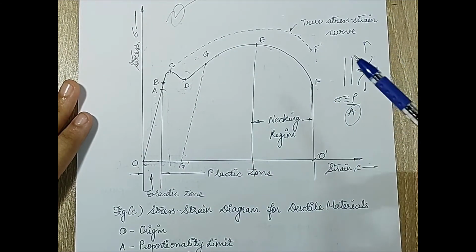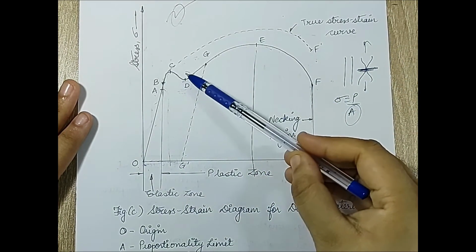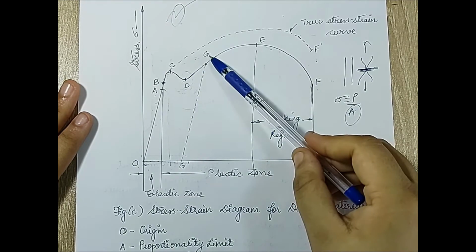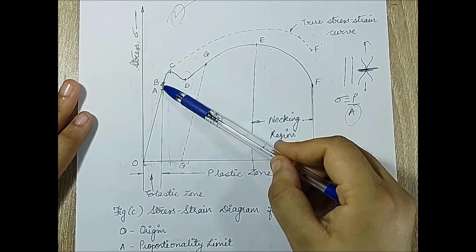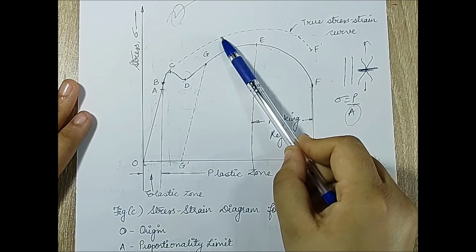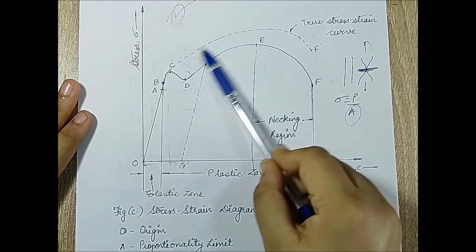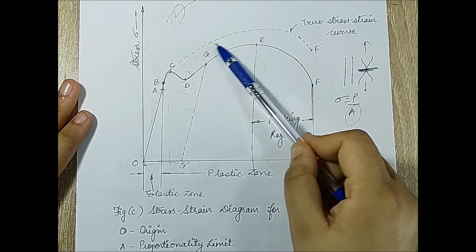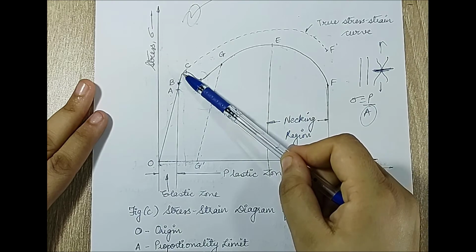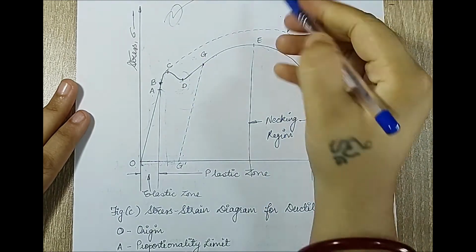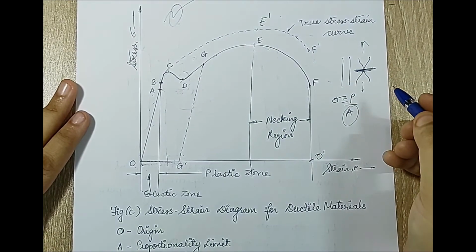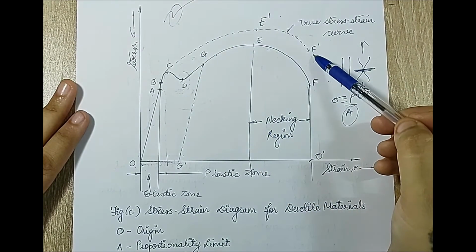And one more thing which you need to know is, had this material not shown this kind of behavior which we see over here, the actual stress strain curve which is predicted according to theory is something like this. So it is called a true stress strain curve. This is what we expect to see. It is going to show elastic limit, and then it will show some ultimate value over here, say E dash, and finally it will rupture at F dash. This is called a true stress strain curve.